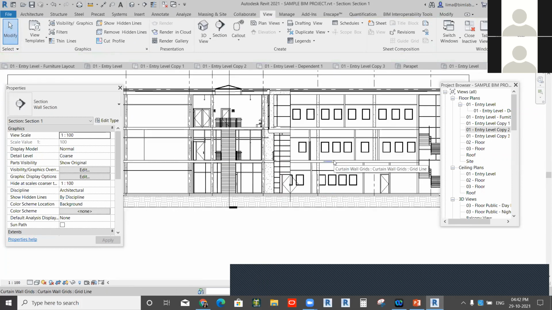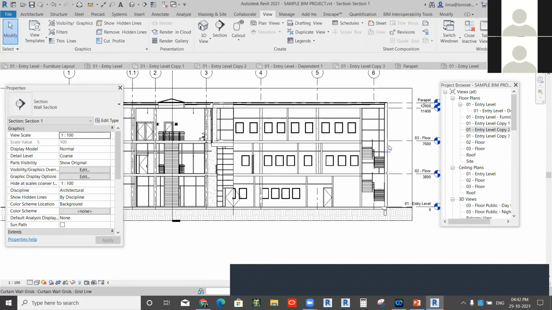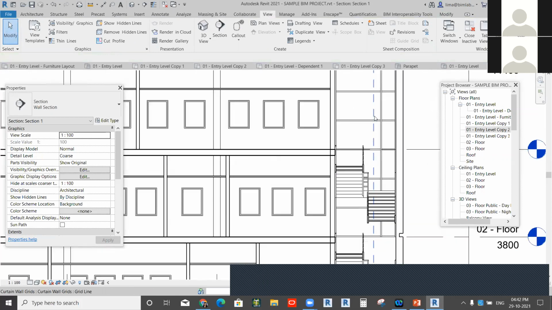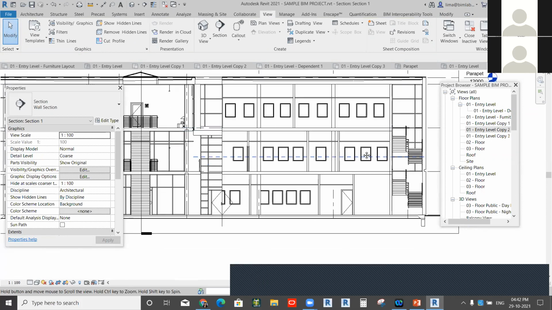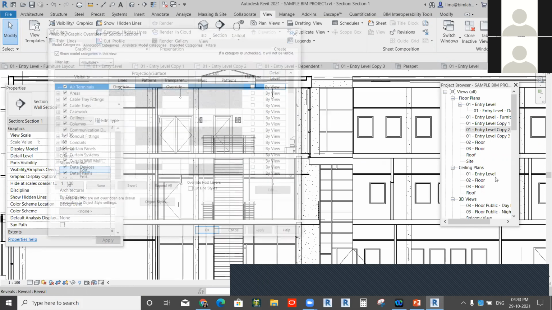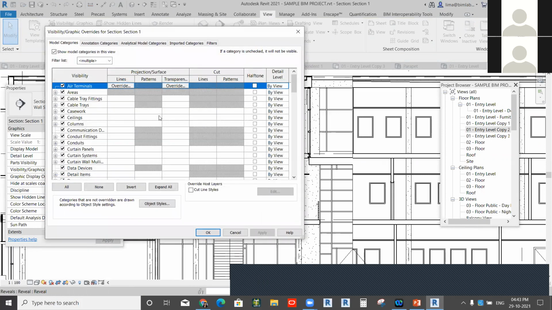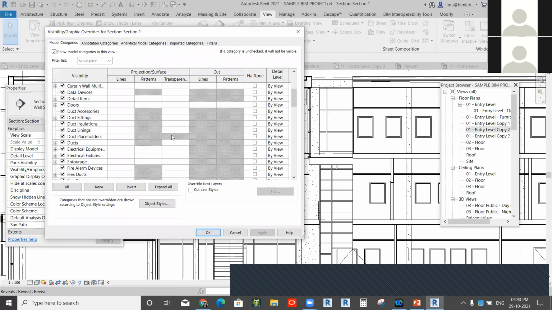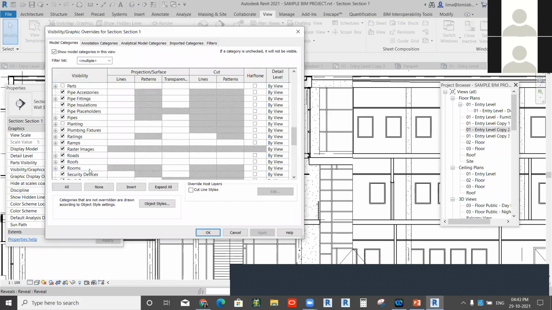Any type of section should be detailed, providing the hatch patterns or fill patterns, and all the options. It should be properly annotated. For that, go to Visibility Graphics, where you can enter the categories, and any type of patterns is available for the category.